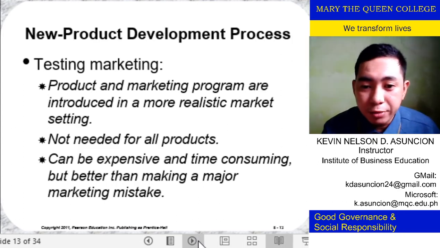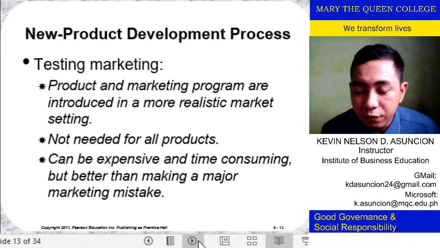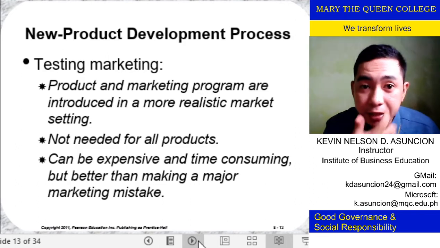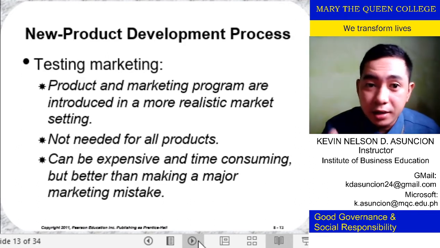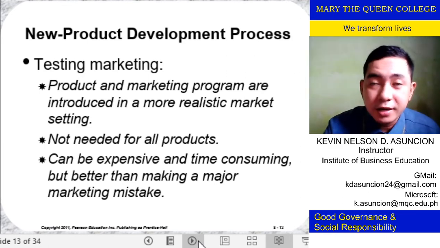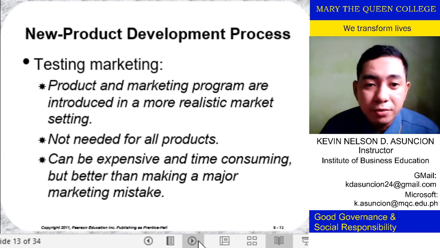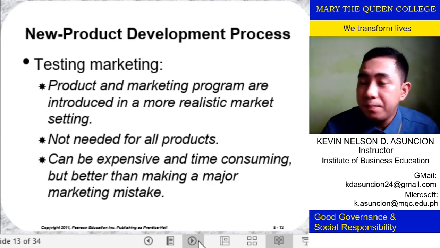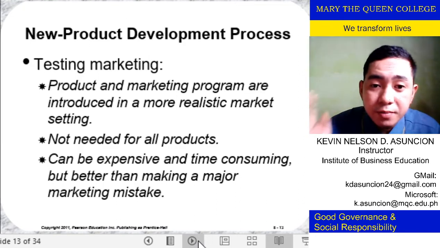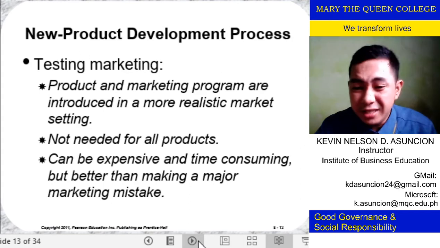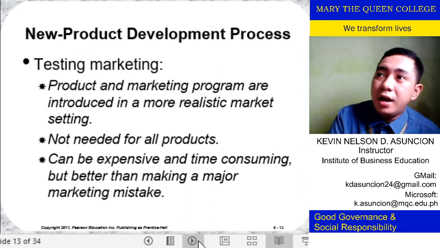But of course, considerations are satisfaction and then safety, tinetest yung mga yan. No, even just like the motorcycle, they try aerodynamics, no, and even the car manufacturing, no, testing yan, then sinusubukan yung mga prototypes, ang mga racer ang gumagamit, racing people ang gumagamit niya. So, can be expensive and time consuming as well, but better than making a major marketing mistake. No, kasi nga, susubukan mo muna, no?